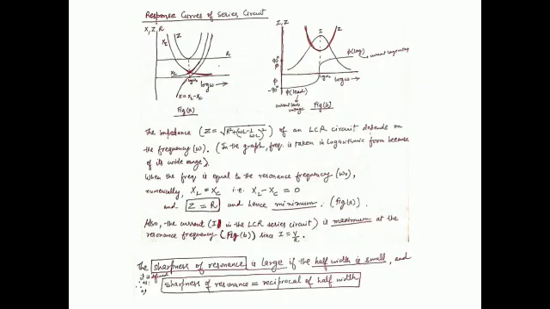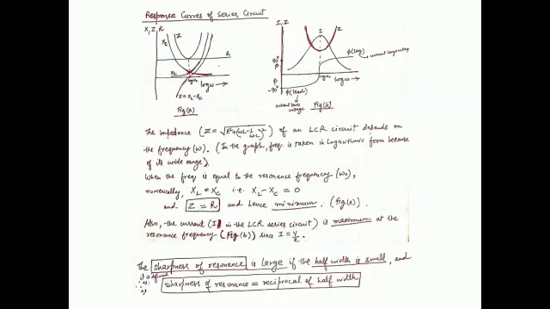Also, it can be seen from the figure on the right that at low frequencies where capacitive reactance XC predominates, the current leads the voltage. At high frequencies where inductive reactance XL predominates, the current lags the voltage. At the resonance frequency where XL is simply equal to XC, the current and voltage are in the same phase.